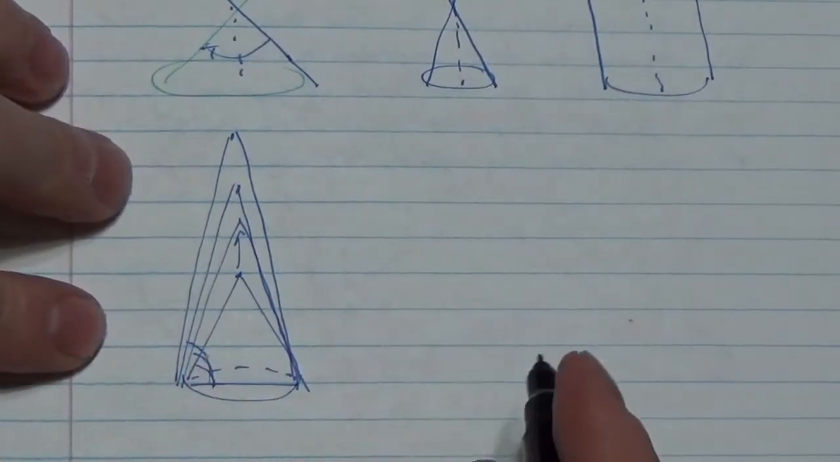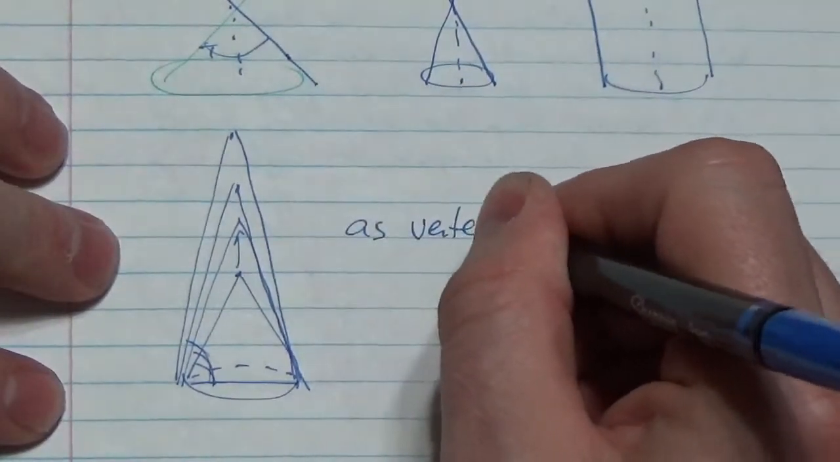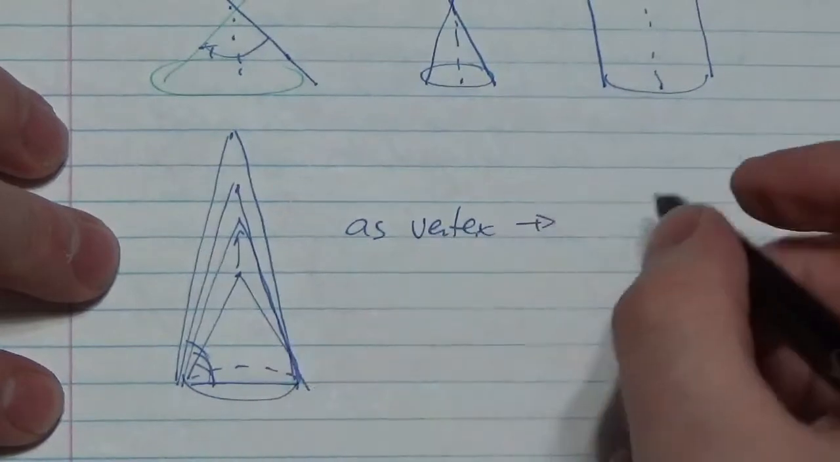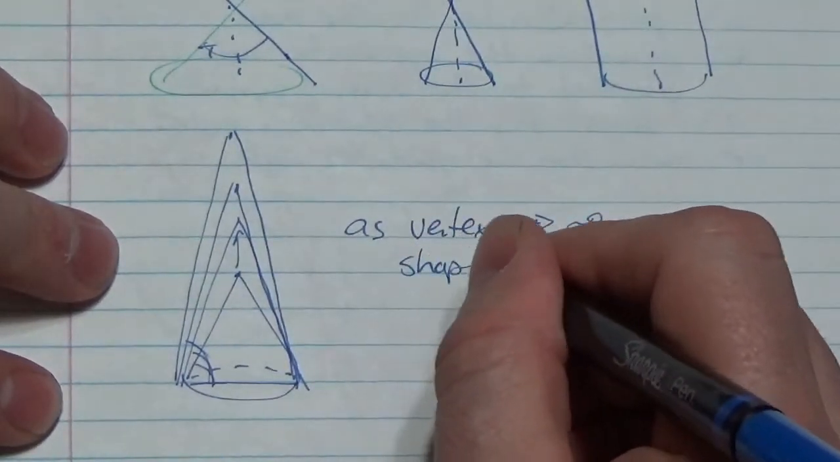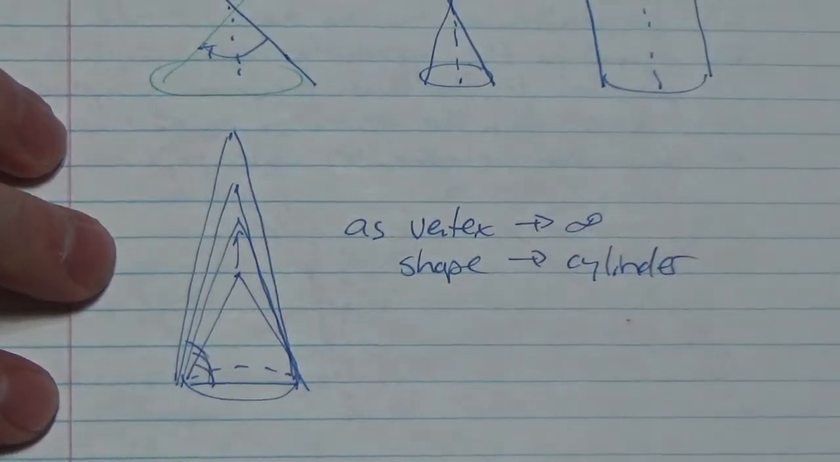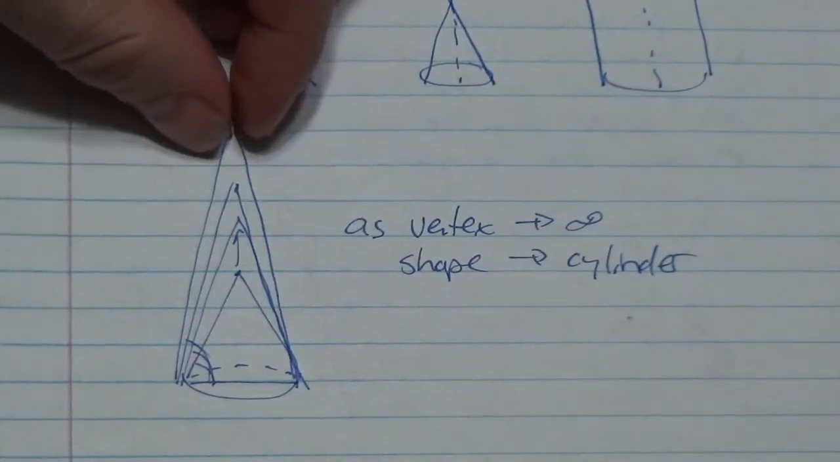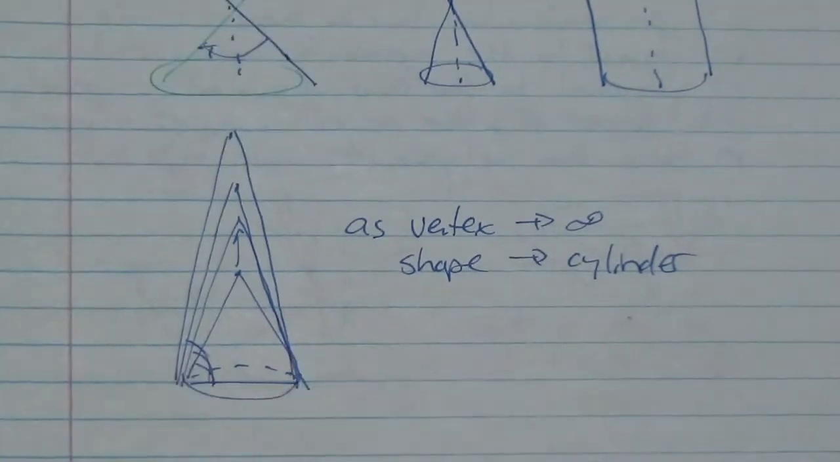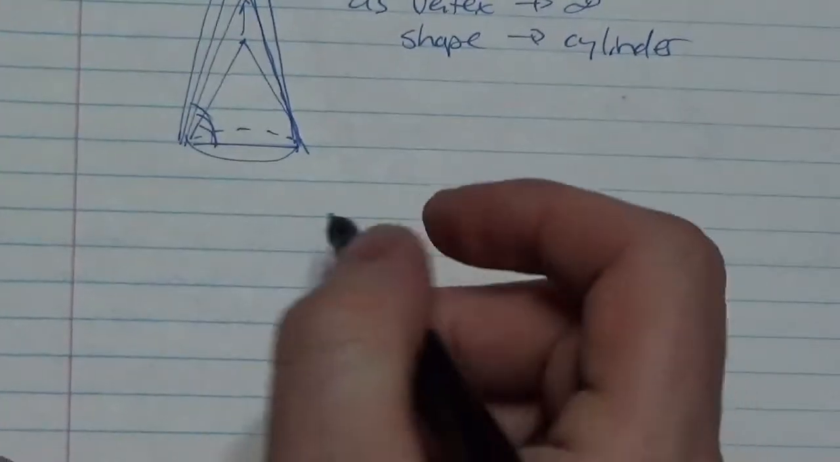And basically the limiting case here is, and I'm using bad grammar here, as the vertex moves to infinity, the shape approaches a cylinder. Another way of thinking about it is like a cone where that vertex has been pulled up to infinity. Now, the reason we bring this up here is because if I take a cylinder,